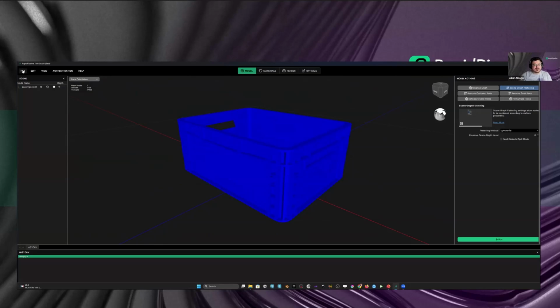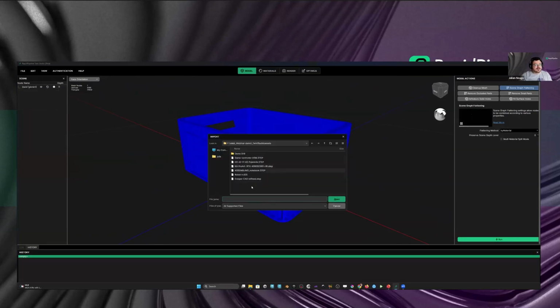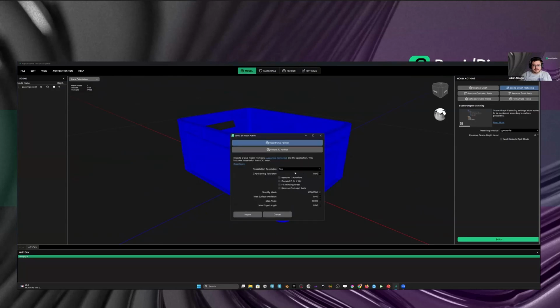So let me see if I can quickly demo this with another asset. We have a robot arm here, which I will just convert with the default settings. And I'm purposefully not fixing the winding order right now, just so that I see it, because I didn't talk about it. One very important setting, and this actually applies to this robot model here, is the sewing of